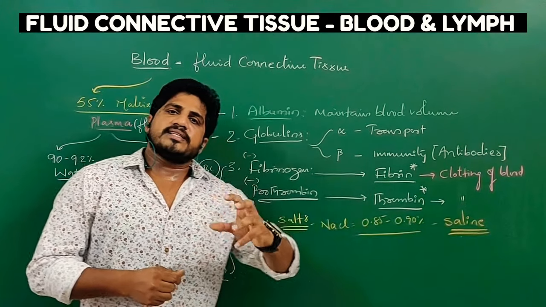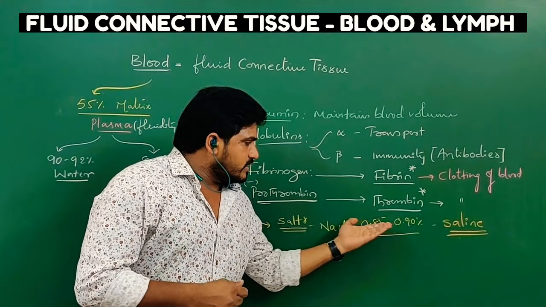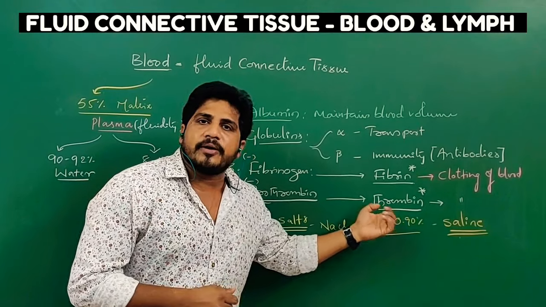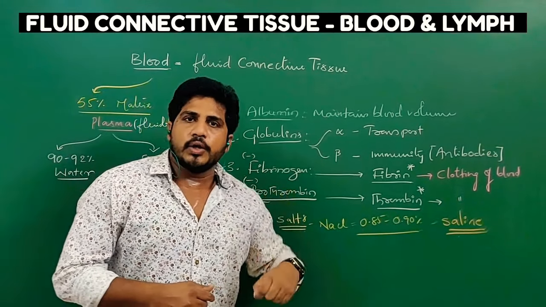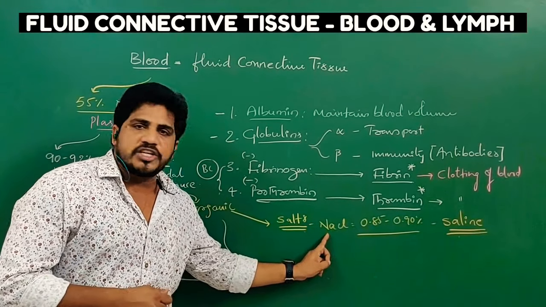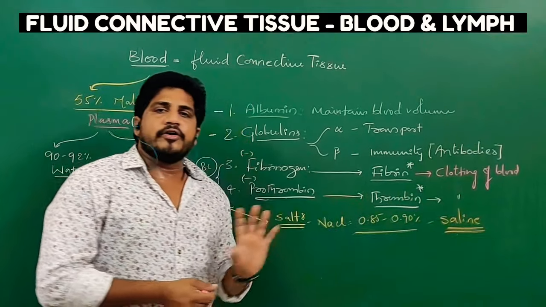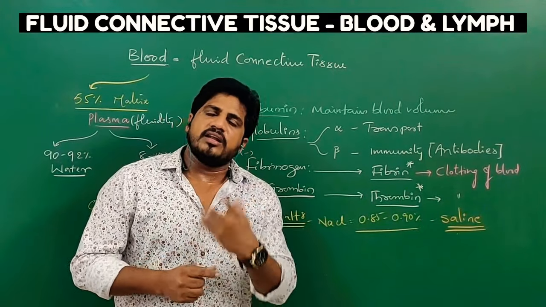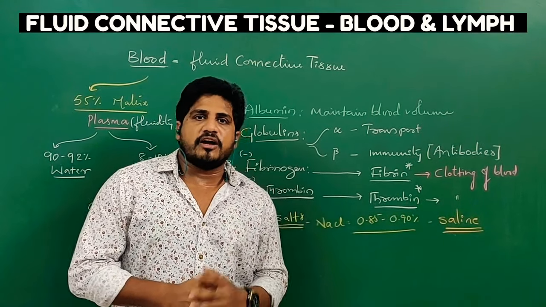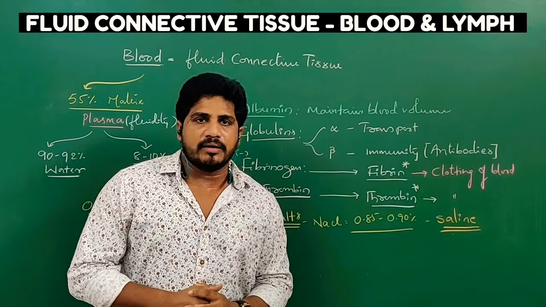Understand? So these saline bottles maintain BP, blood pressure. More than 0.85 solution gives high BP. Less than 0.85 NaCl concentration gives low BP. So the exact maintenance of BP by NaCl concentration is 0.85 to 0.90. If you observe the wrapper on the saline bottle, you can clearly see that 0.85 to 0.90% NaCl concentration is one of the ingredients.